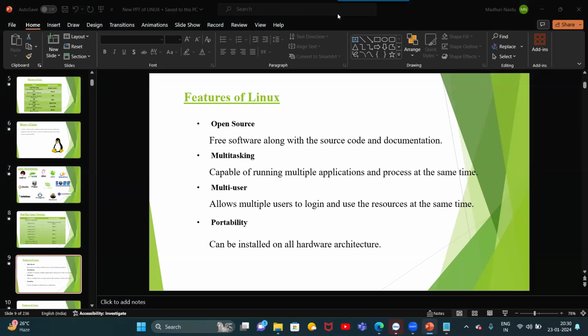And tomorrow I'll show the file system hierarchy model. It means once we install the operating system, what are the directories you will get by default? That I will show in tomorrow's class. Once that is completed, I will show how to install the operating system. Once the operating system is installed, daily labs will be there. First I will show the basics of Linux, with very basic commands. Once that is completed, we'll go for the next topics. One by one, I will cover everything.